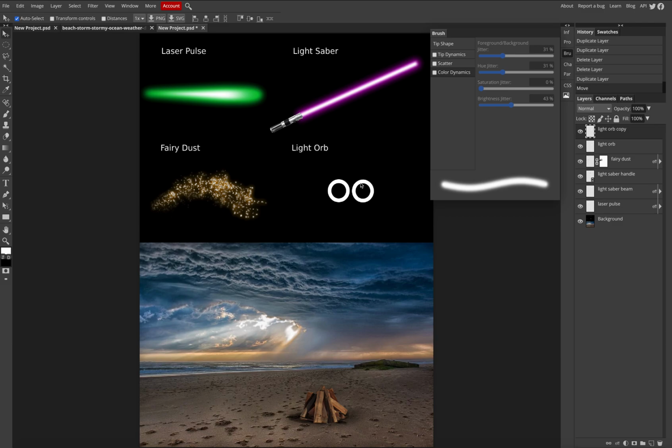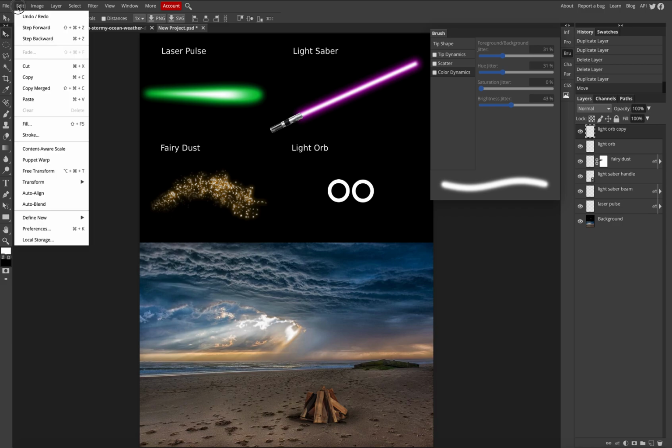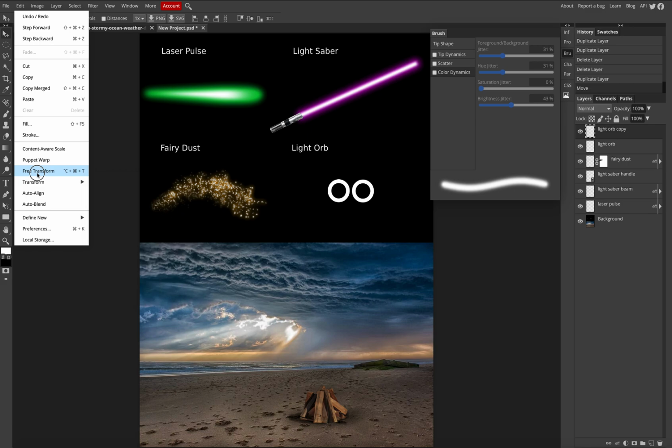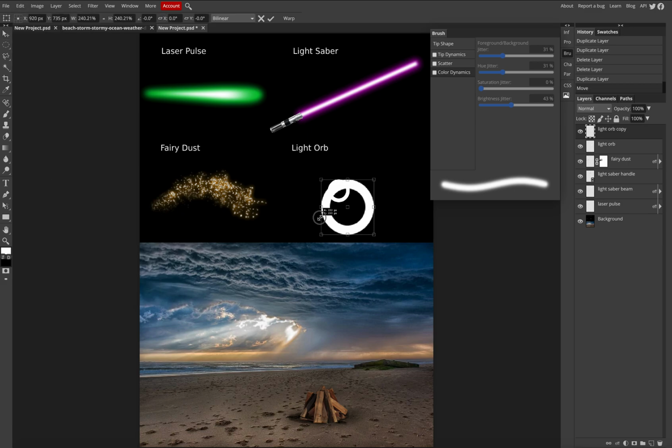But I'm going to scale this copy up. So I'm going to go edit, free transform. I'm going to grab a corner holding shift. So I just created a bigger ring over top of the one that we've had. I can always adjust with the arrow keys again. And I'm going to click enter. So with the light orb that we've created, we're going to get into modifying this a little bit more, but